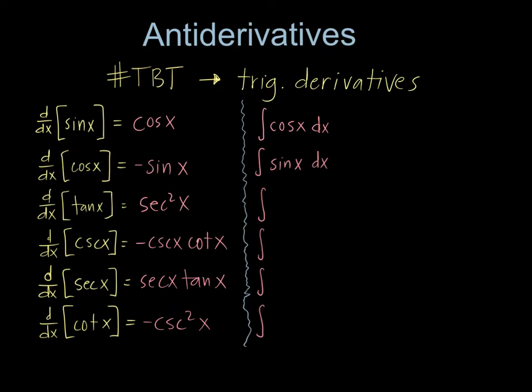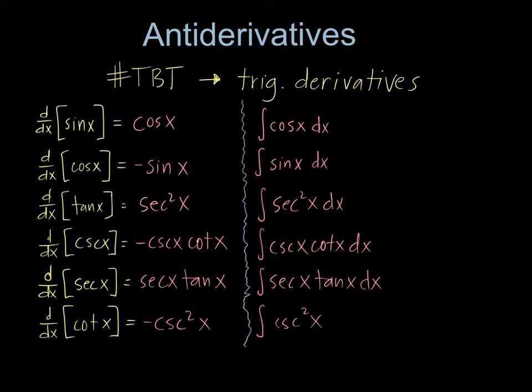Those 6 reversed are the only 6 trig antiderivatives that we're going to learn for now. We can take the integral or the antiderivative of cosine and sine and secant squared dx and cosecant x cotangent x dx, and you can get the picture here. We're just reversing the 6 formulas. I'm going to leave the negatives as part of the answers, like that negative on cosecant. I'm not going to put it here. I'm going to leave it as the answer,